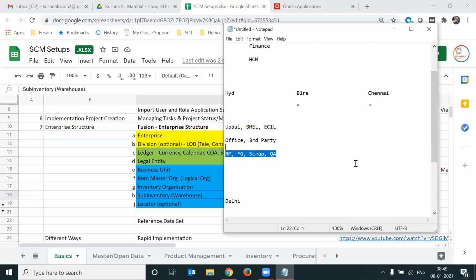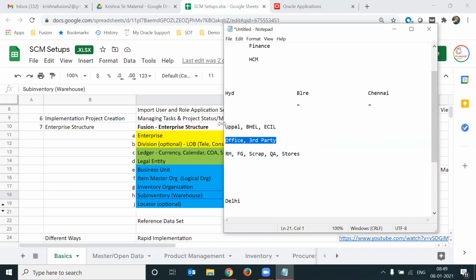Most commonly used, and also one more is stores. Most commonly used warehouse names, sub inventory names. So this is according to the type of material, but this definition is according to the place where you are storing the stock. According to the place, like the name of the place, or it's not a name of the place, it's where you are storing the stock, in your office or maybe in third party. That is called sub inventory.